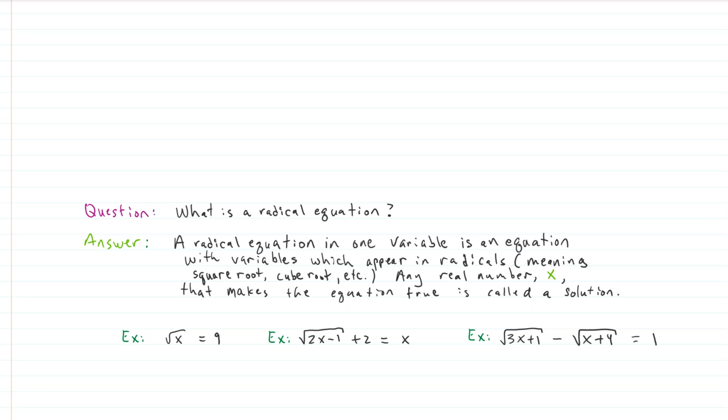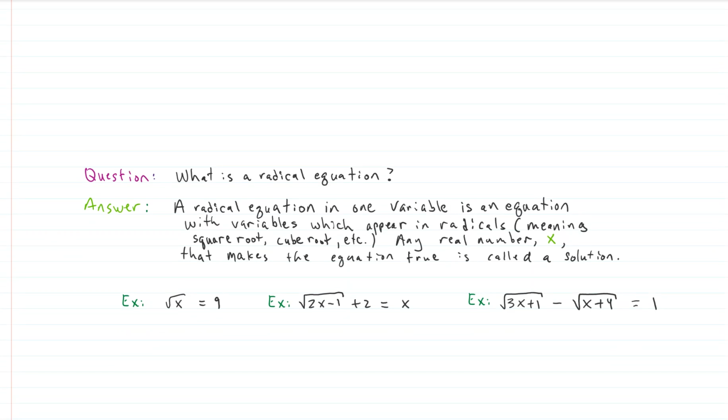Here's some examples of some radical equations. So for example, the square root of x equals 9. There's a radical equation for you. How about the square root of quantity 2x minus 1 plus 2 equals x? There's another example. You could also have more than one radical in the equation. Here's an example of one that has more than one radical. So you have the square root of the square root of 3x plus 1 minus the square root of x